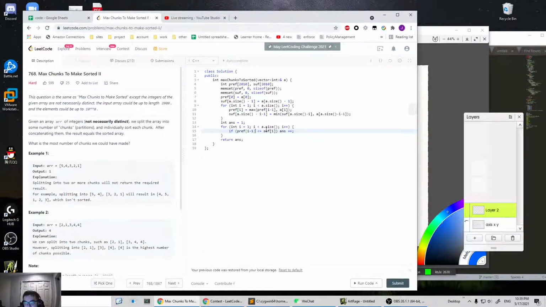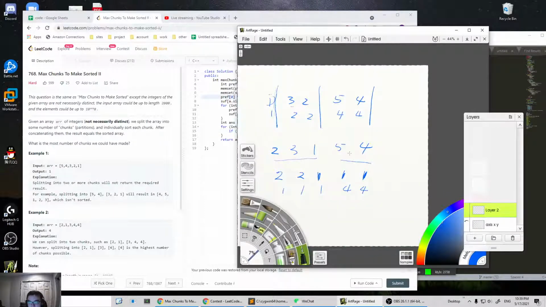That actually makes sense. Cool. I need to revisit this one. Yeah, so why is that? Because the suffix minimal only makes sure that this guy would be on the left side of all these guys,